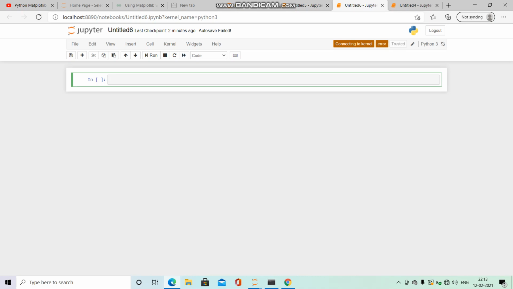Again, first we have to do the same thing. We have to import from Matplotlib the pyplot, and I will name this as plt. Now since we have to add style, we will have to import style as well. So from